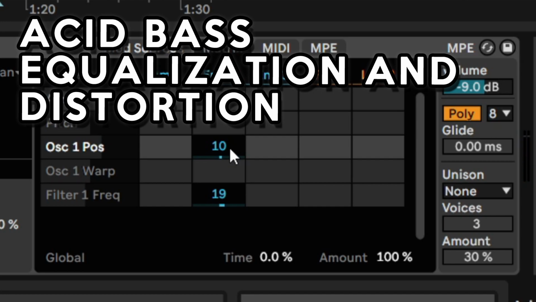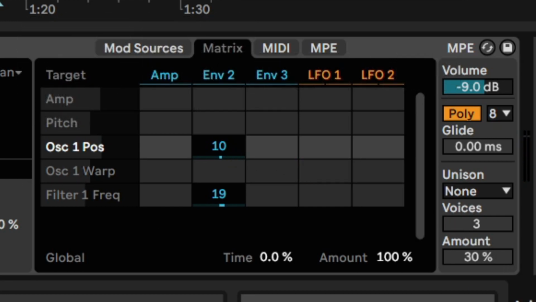The sound we have right now has to be only enhanced with effects like equalization, distortion and reverb, but before that